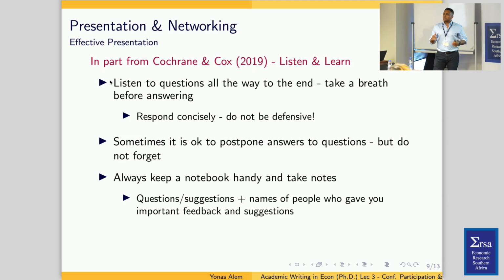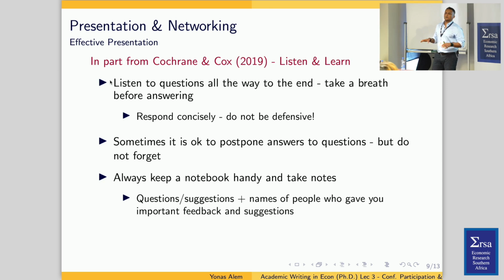Sometimes you don't have to be defensive. Saying, no, my paper is good, that kind of defense is not good. Or saying, oh, you're right, and I will accept all your comments, that's not good either. So you have to have a fine balance. You explain politely why you did it that way, and why you don't think the way that the person who asked the question thought.